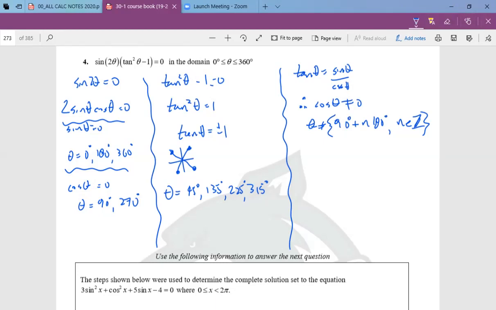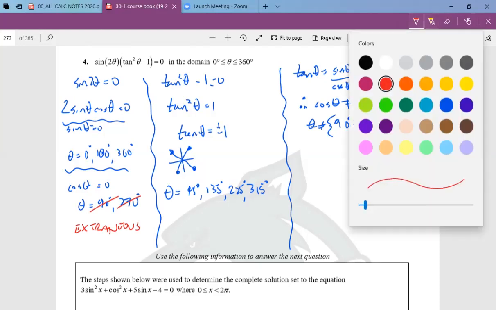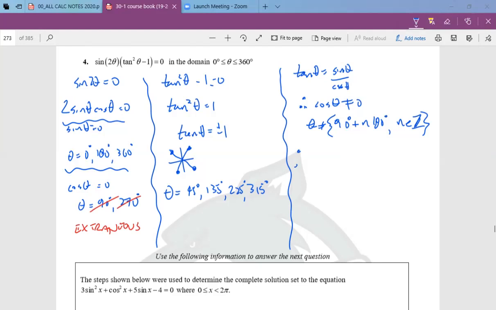So we have to watch for that, which means these two over here are removed. Now we can conclude, therefore, theta is equal to, let's have all of our remaining solutions, 0 degrees, 45 degrees,